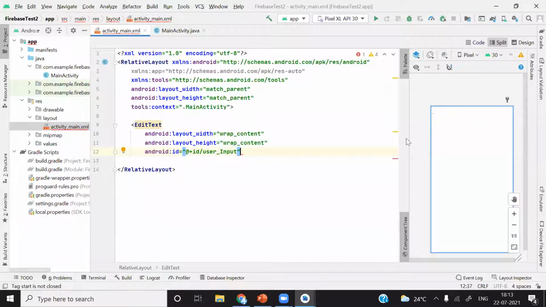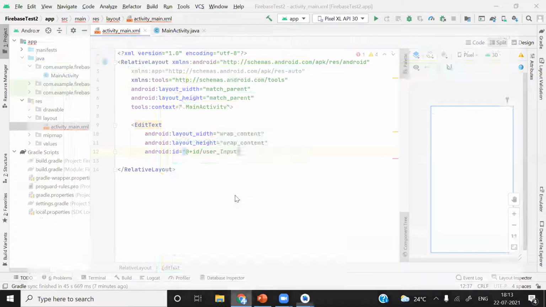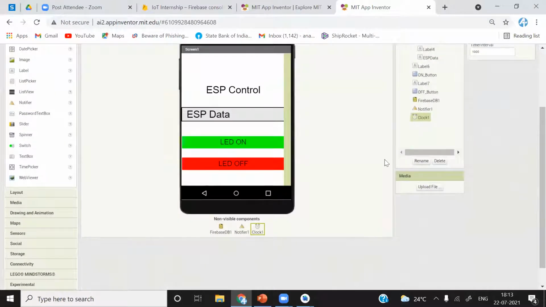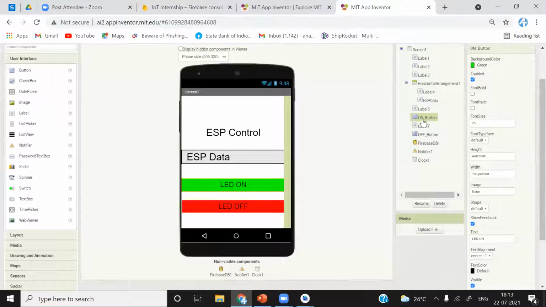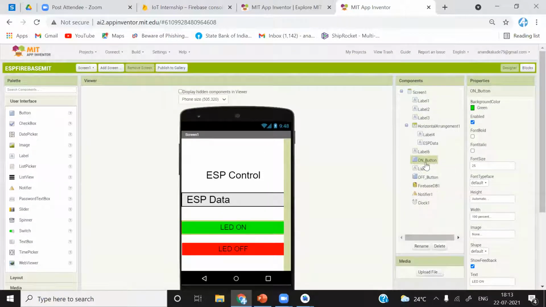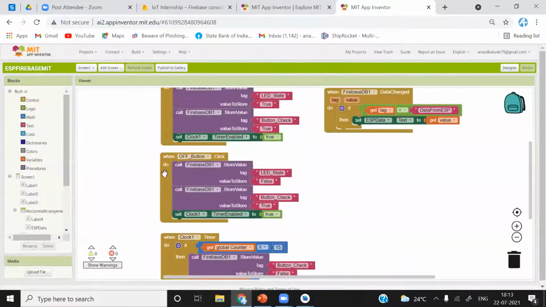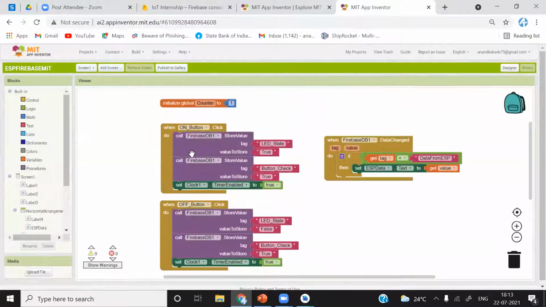Okay, so I would like to give an analogy of MIT App Inventor here. You can see in MIT App Inventor, if I select this button, we have given this name to this button. In the user interface, we add this button into the screen, and then we changed the button name to on underscore button. And later in the blocks, the backend, we have used this ID, using the special ID of that button to identify that button. So that is the purpose of giving IDs.